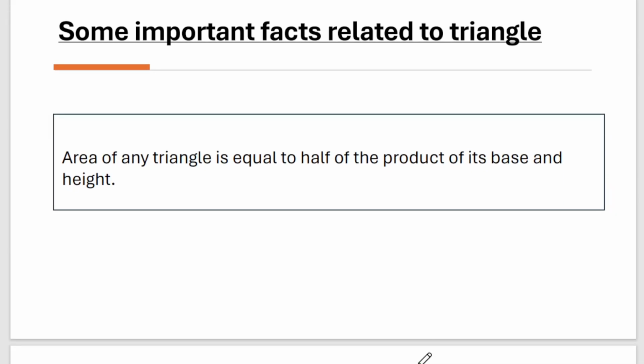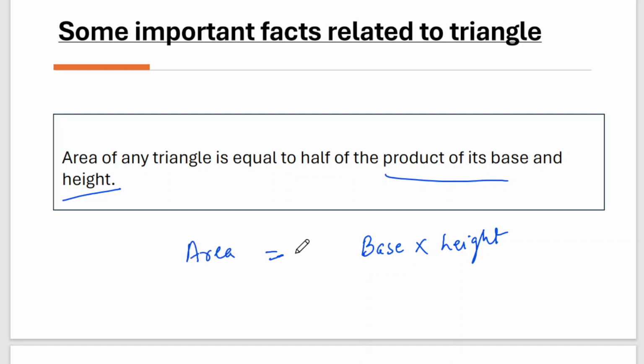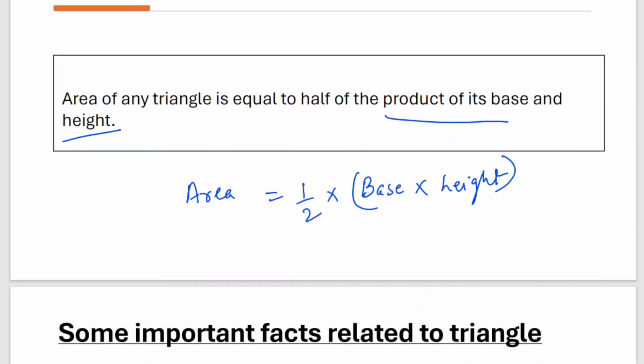The area of any triangle is equal to half the product of its base and height. I have already discussed that if you know the base and height of any triangle, then the area can be easily calculated. Area is nothing but half of the product of base and height. That's what the formula was. Area equals half into base into height. Next,